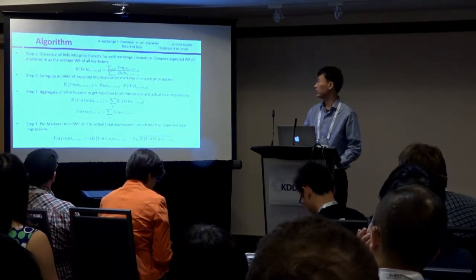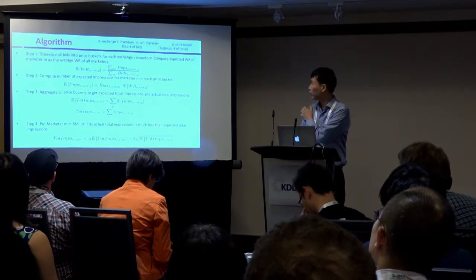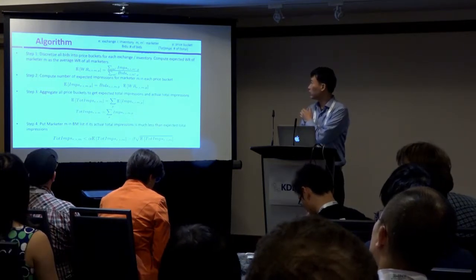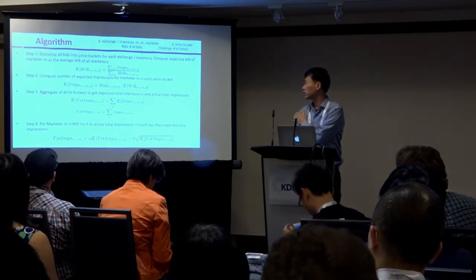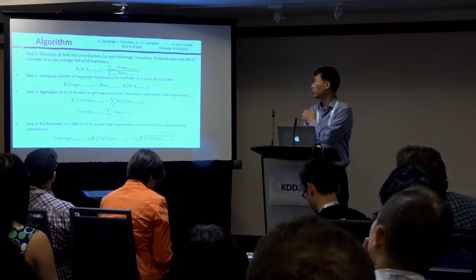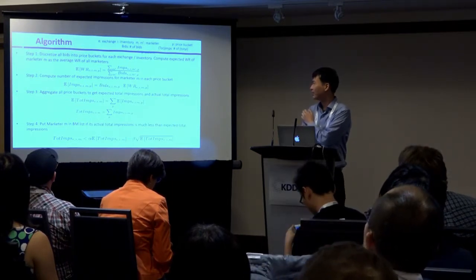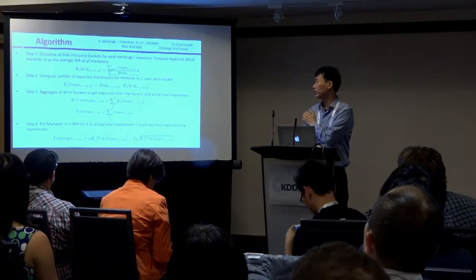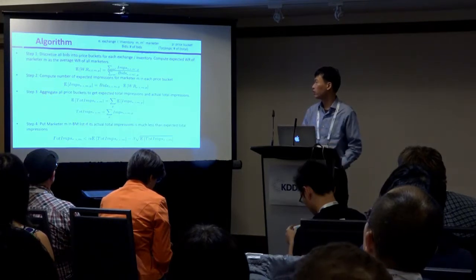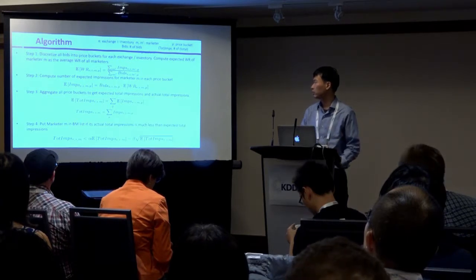So here's the algorithm. Basically, first of all, we're going to split these. There are a few notations here. E is exchange, I is inventory, P is price bucket, and number of bids, number of impressions. So basically, compute for each price bucket the expected win rate for any marketer by averaging over all marketers. And then we compute an expected number of impressions for a marketer in a certain price bucket by multiplying number of bids and expected win rates.